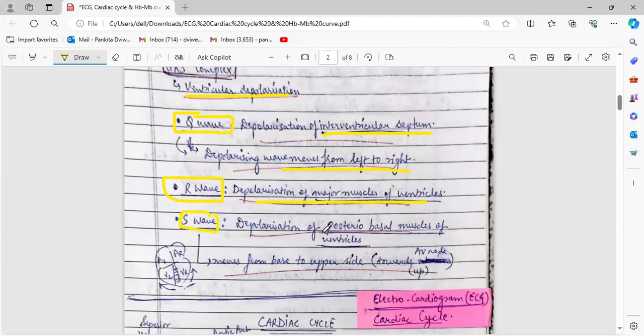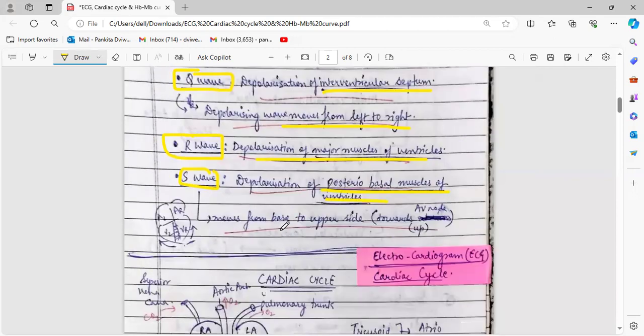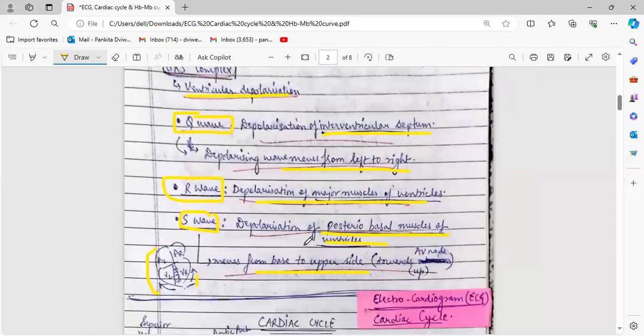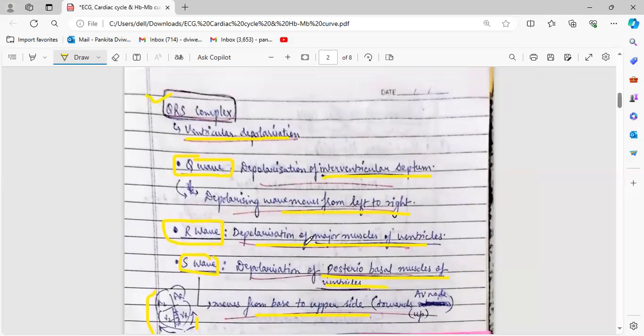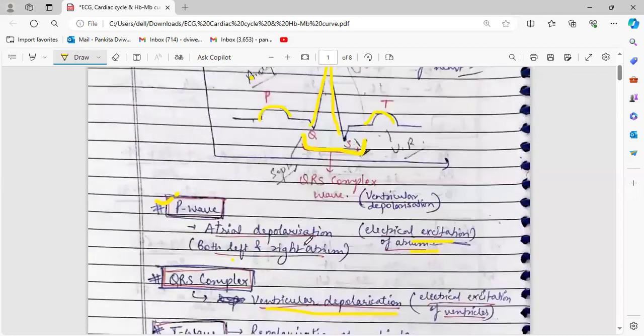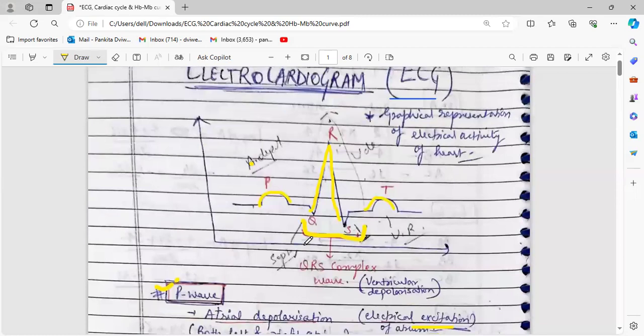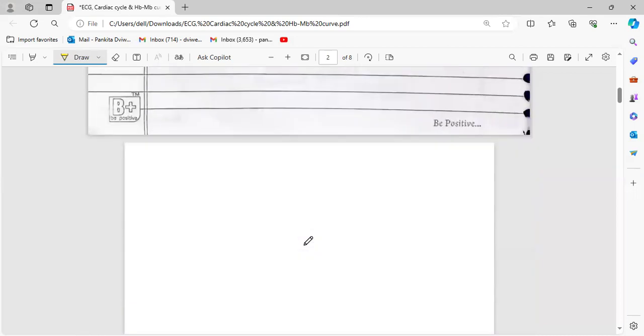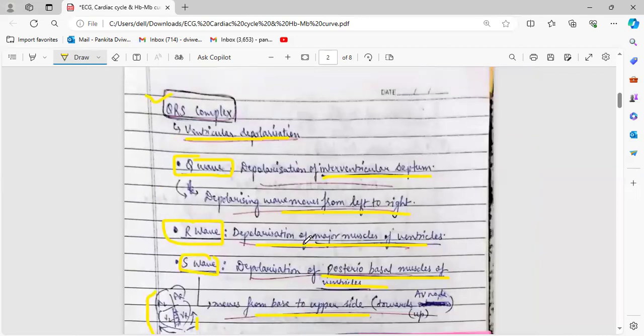shows the depolarization of posterior basal muscles of the ventricles, and in this case it moves from the base to the upper side, that is towards the AV node, as shown in this rough diagram. So this was just a little overview of the different parts of the ECG and what they represent. The graph basically has the P wave, QRS complex, T wave, and the Q, R, and S waves from the